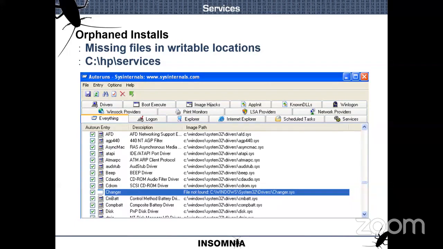We recently had a job where a service was pointing into C:\HP services, which had since been deleted. By recreating the structure, we were able to inject as a service into SYSTEM. This is the service.